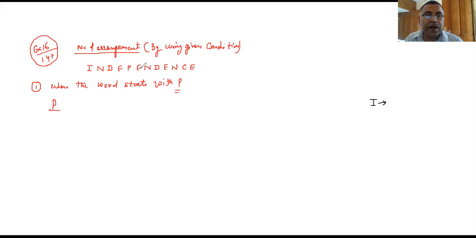so I comes 1 only. Now N, this is 1, 2, 3. N is repeating 3 times. Now D, this is 1, this is 2. D is repeating 2 times. Then E, this is 1, this is 2, this is 3, this is 4. E is repeating 4 times. Now P,